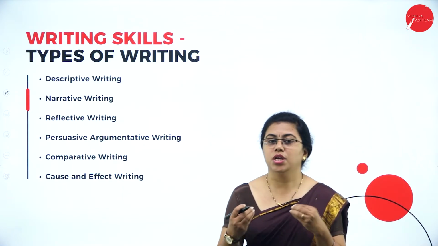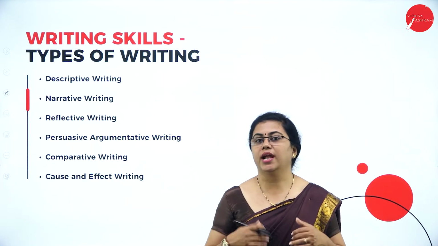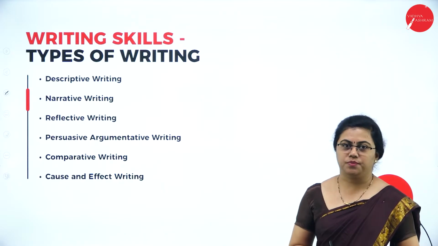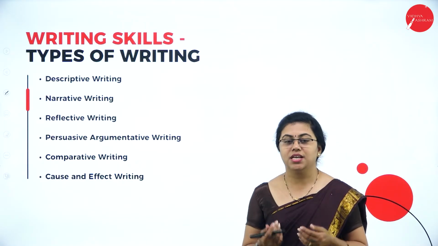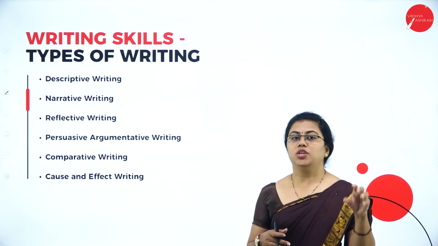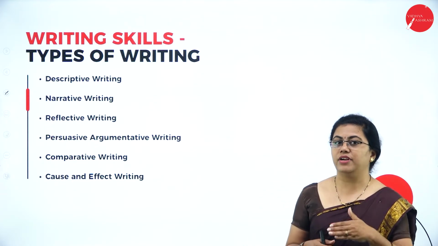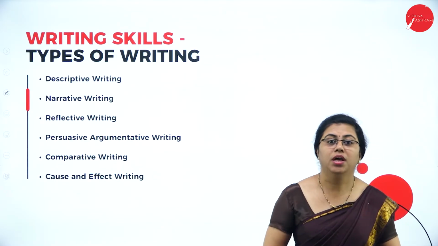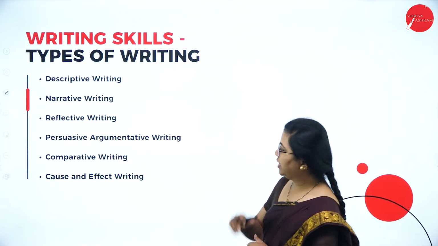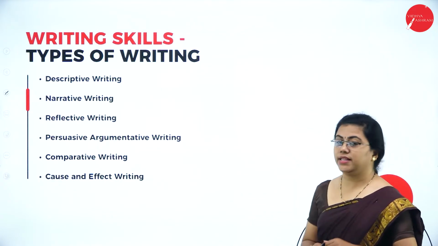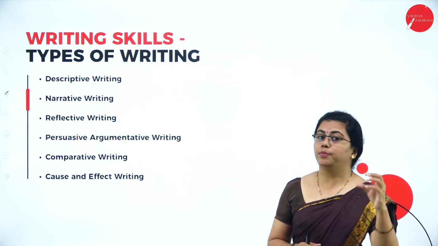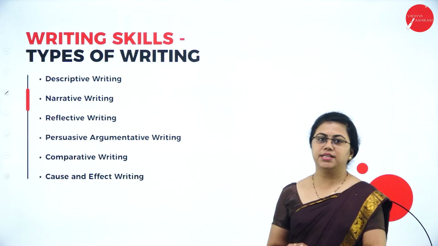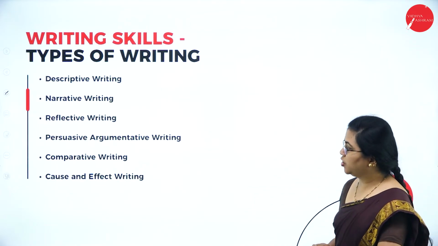So you are talking about yourself, or maybe somebody else is talking and you are writing it. Okay. It can be a first person narration or maybe a third person narration. Then reflective writing. You have an incident and you are reflecting upon it. Means you are thinking how it is relevant in your life, or you are reflecting upon what has happened and what can you learn from that incident. So that is reflective writing. Next we have argumentative writing. That is persuasive argumentative writing. You propose some arguments and that will persuade somebody to accept some fact that is before you. So that is persuasive argumentative writing.